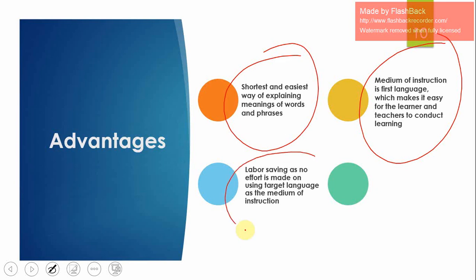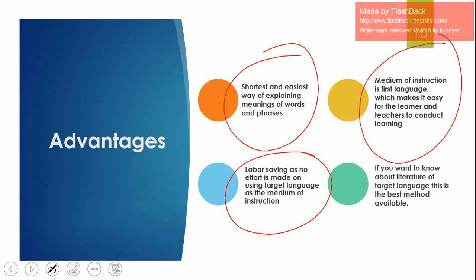If the teacher had been using the second language, it would have been very hard on the teacher as well as on the students, because students would have to give a lot of effort to comprehend, and the teacher would have to give a lot of effort to speak the second language. So it was easier. And next, if you want to know about the literature of the target language, then this